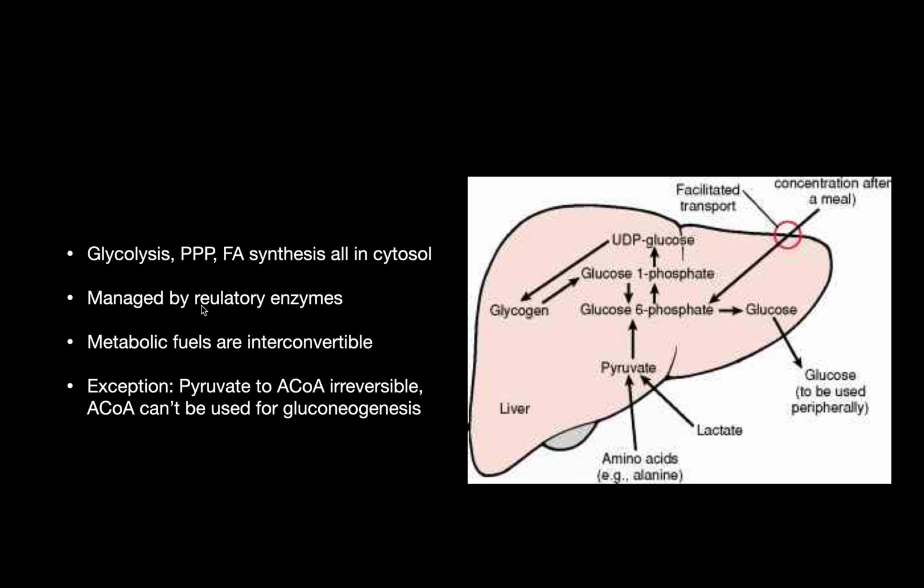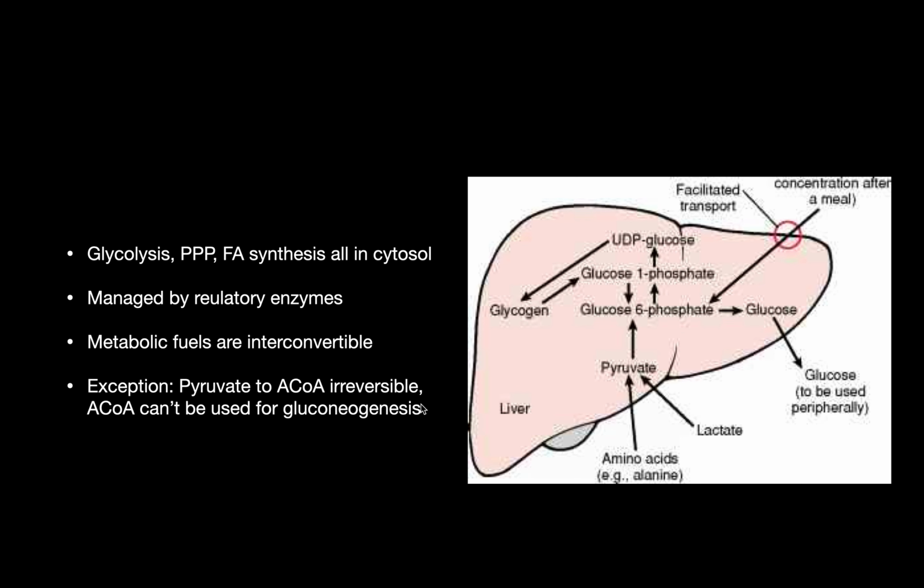The glycolysis, pentose phosphate pathway, and fatty acid synthesis all occur in the cytosol of the hepatocytes, and those are managed by regulatory enzymes. And in the liver, this is the unique organ, because the metabolic fuels are interconvertible, and the exception is that once pyruvate has been committed into acetyl coenzyme